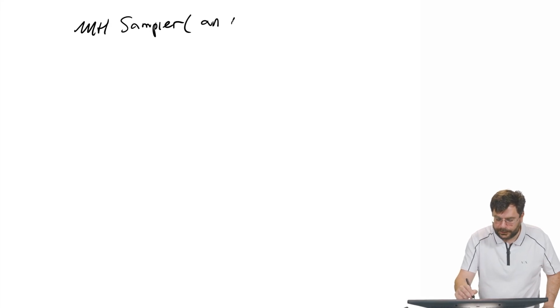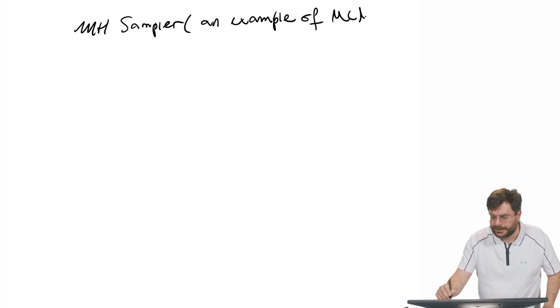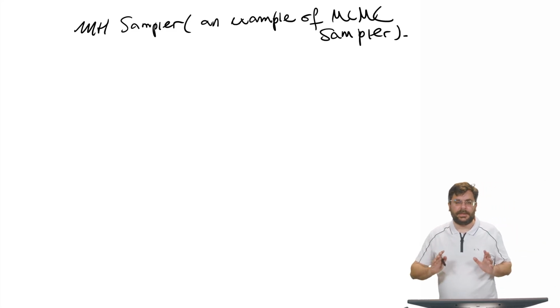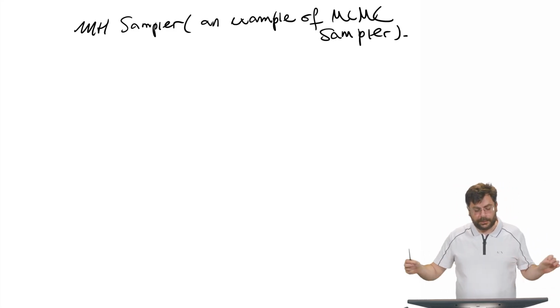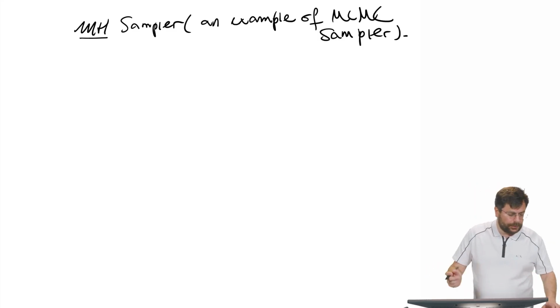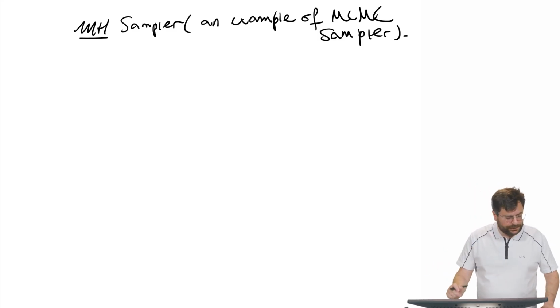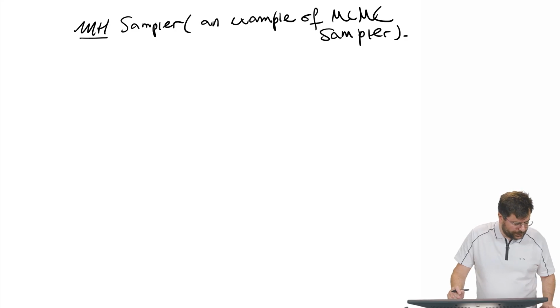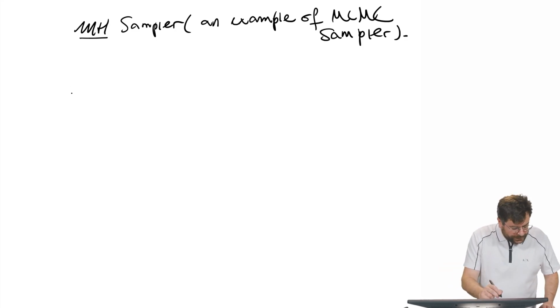So let's talk a little bit about the Metropolis-Hastings sampler, which is an example of an MCMC sampler. By MCMC sampler, again, we mean that our samples are going to be correlated and they will form a Markov chain. And Metropolis-Hastings will be one particular way in which to create that Markov chain, which again satisfies all four of those requirements. So let's go ahead and write down the algorithm